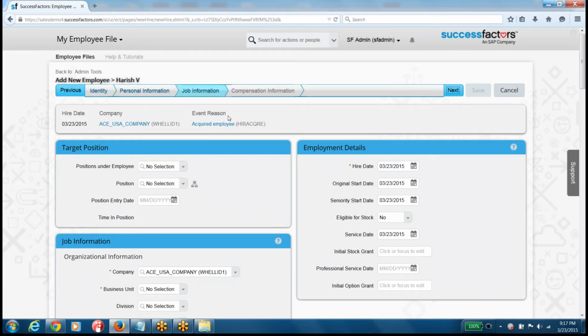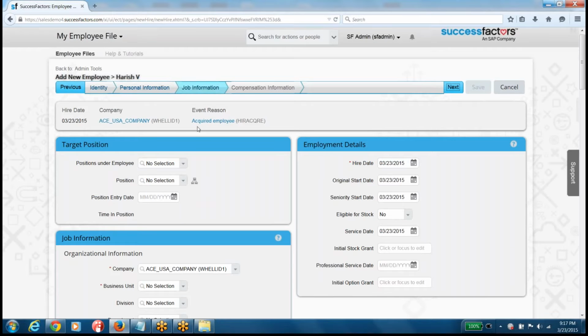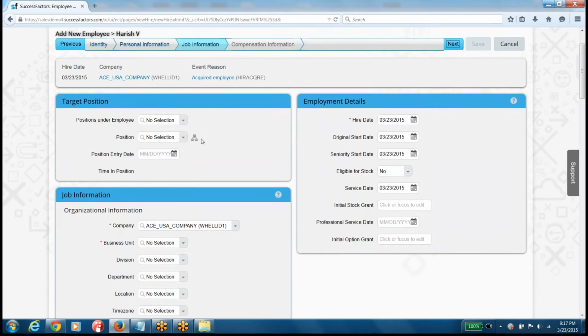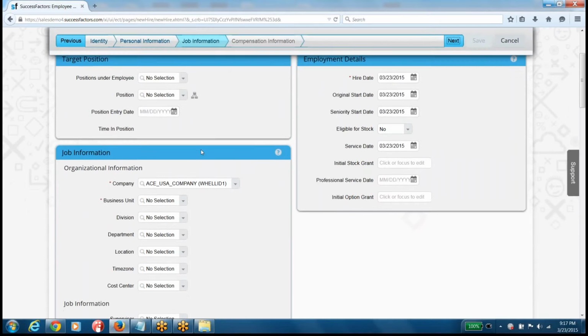Okay, so we are in the job section portlet, right? You can see here, this is the job information. And now if I select, you can see company is there, and say if I select